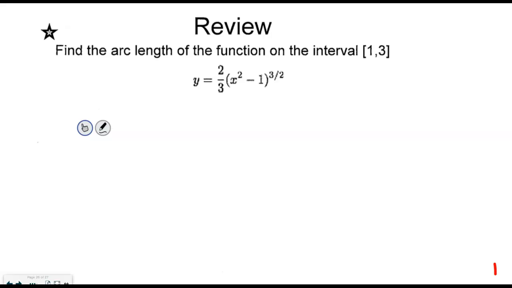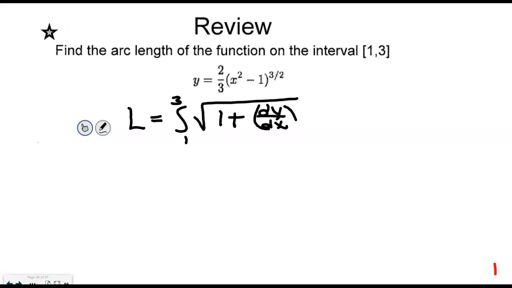All right, so first of all, that formula needs to be memorized. We're going to integrate from 1 to 3 the square root of 1 plus its derivative squared dx. You will have 4 questions without a calculator, 4 open-ended questions. If you don't have a calculator for this one, what does that immediately tell you should happen? Perfect square better fall out. This better be some chunk of stuff squared. All right? So if it's not, something's wrong with either your